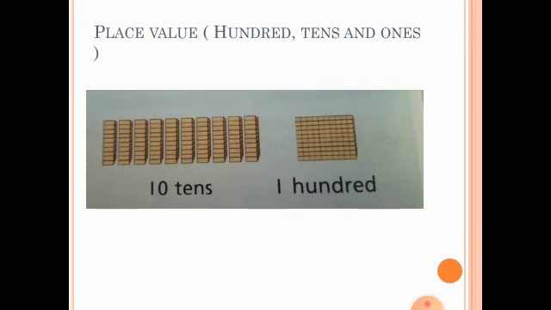Now this is the concept which I have already explained, but the only difference is that here the rows, in which 10 blocks are present in each, are separated from each other. For your concept clarification, these are 10 rows of 10 blocks, and when we join these 10 rows we will get a huge square of 100.